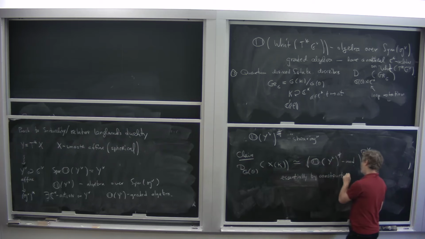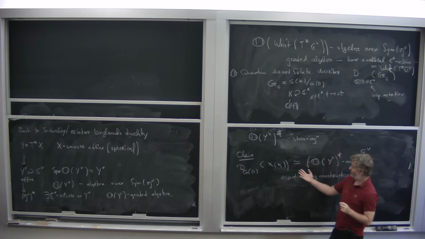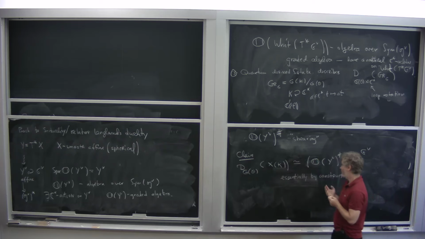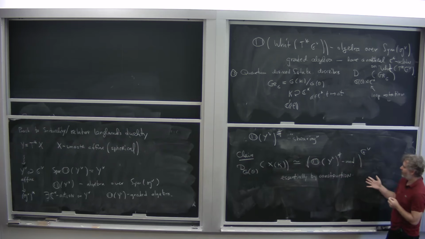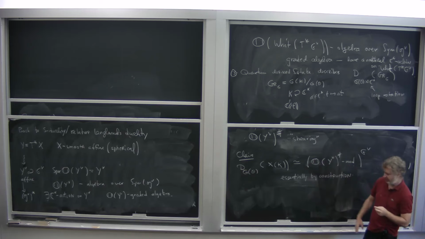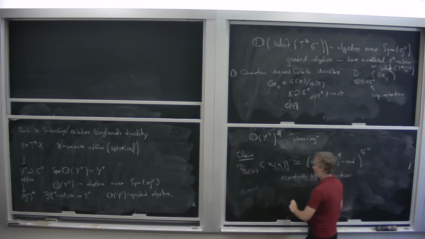So originally, Ben-Zvi, Sakellaridis and Venkatesh had a lot of examples, and they conjectured some kind of equivalence like this. But then if you actually find the general construction of the dual variety, it turns out that this is essentially built into the construction. Let me just say an example